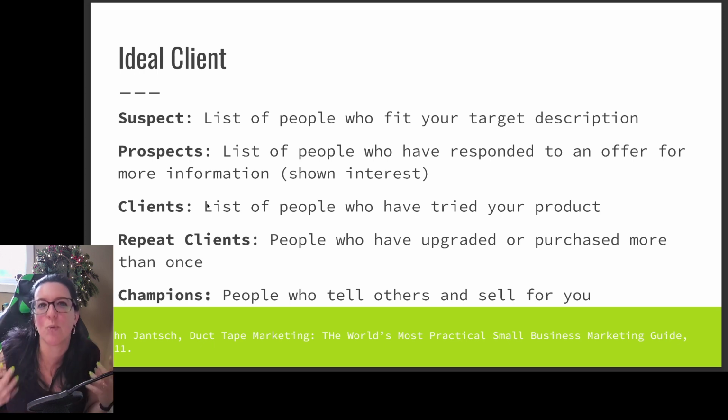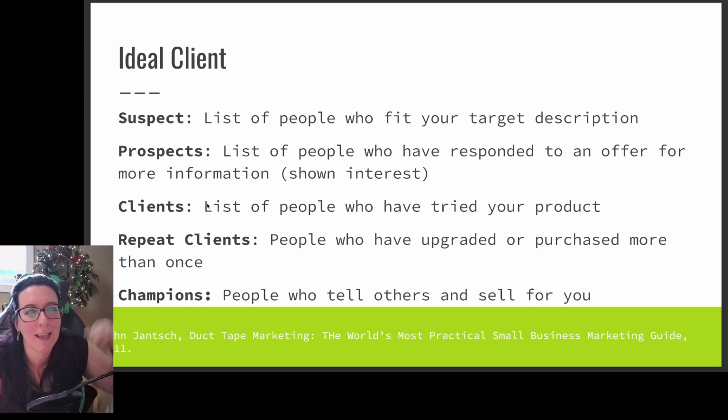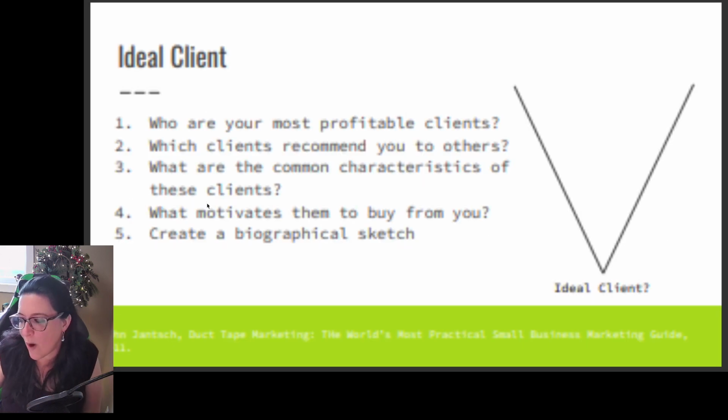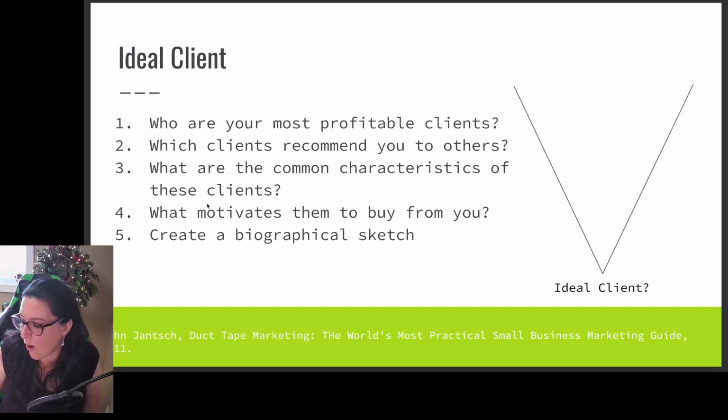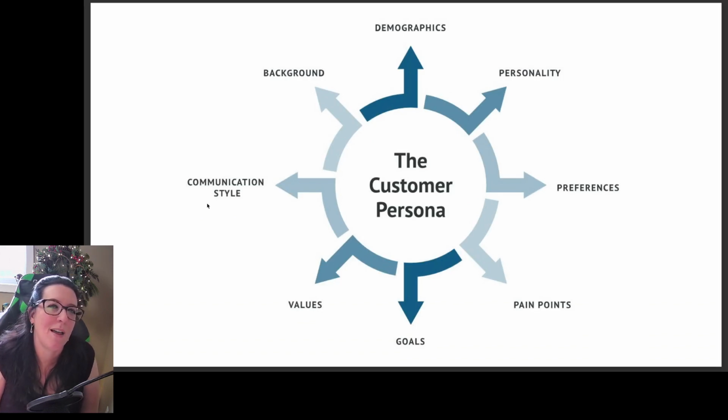So we want to understand really who it is that we're currently converting from suspect to champion. What is it about them? Who are they in terms of their persona that they are the ideal client? If that's really what we want, then we focus our marketing mix on that aspect. If we are really tapping into one key group, one key market of individuals, and there are others that we're missing out on because of our approach, then it's a chance to think of that strategy, functional strategies for our organization